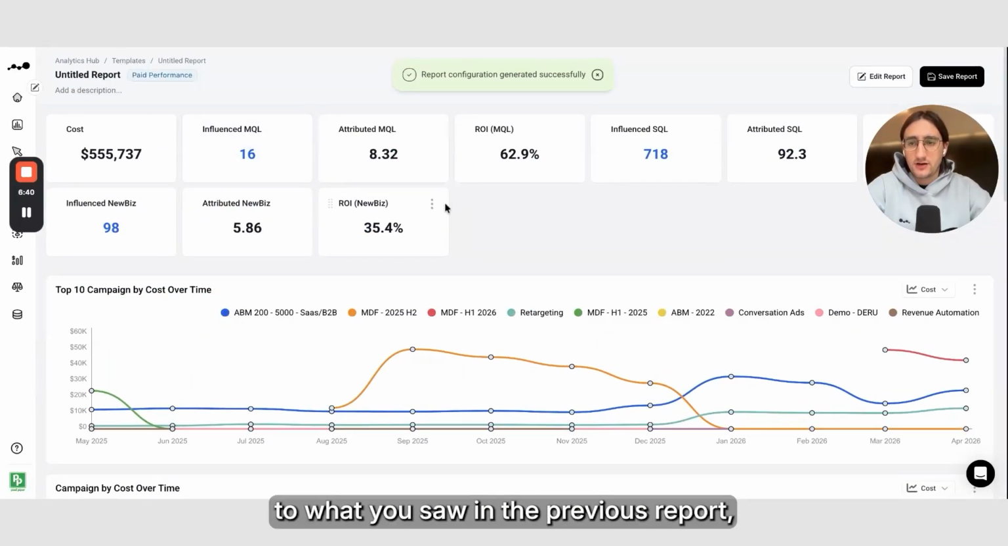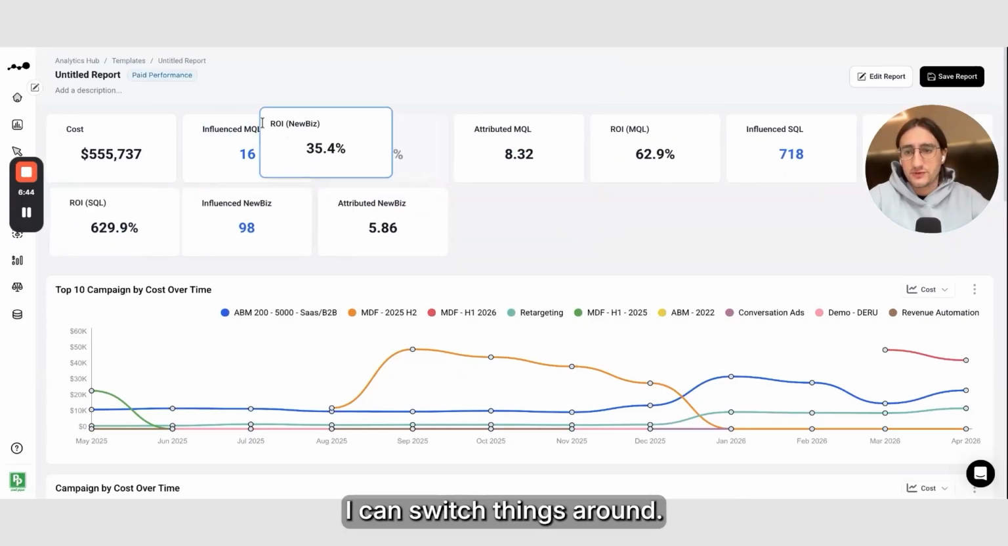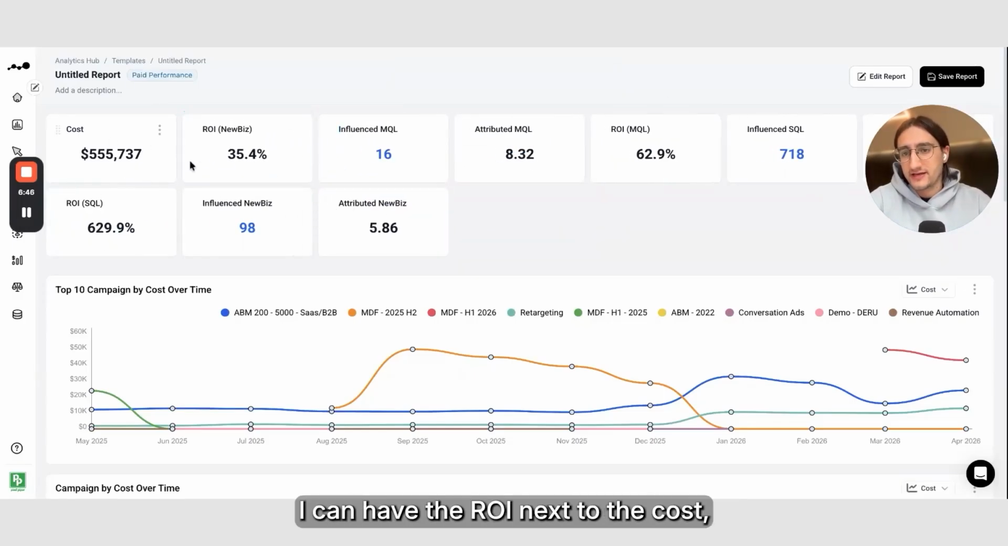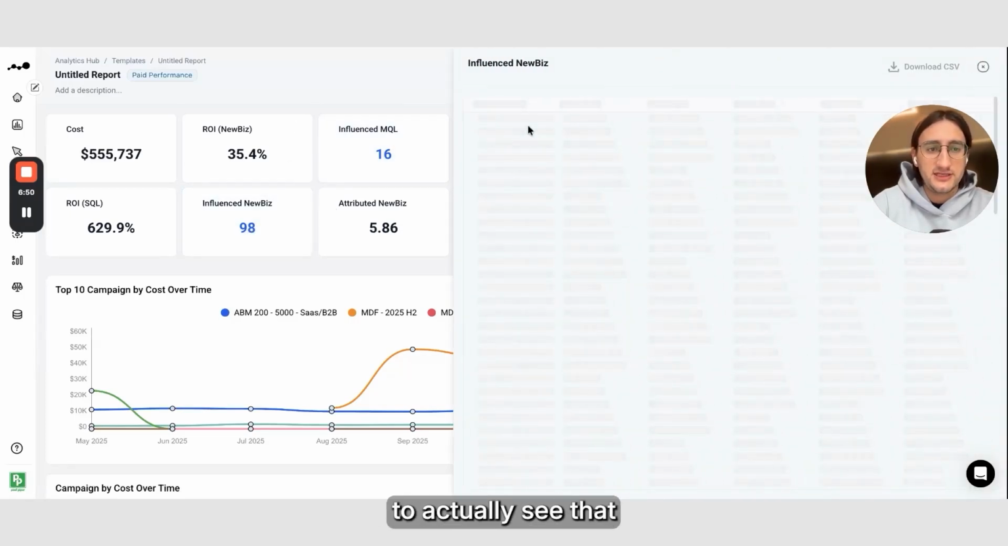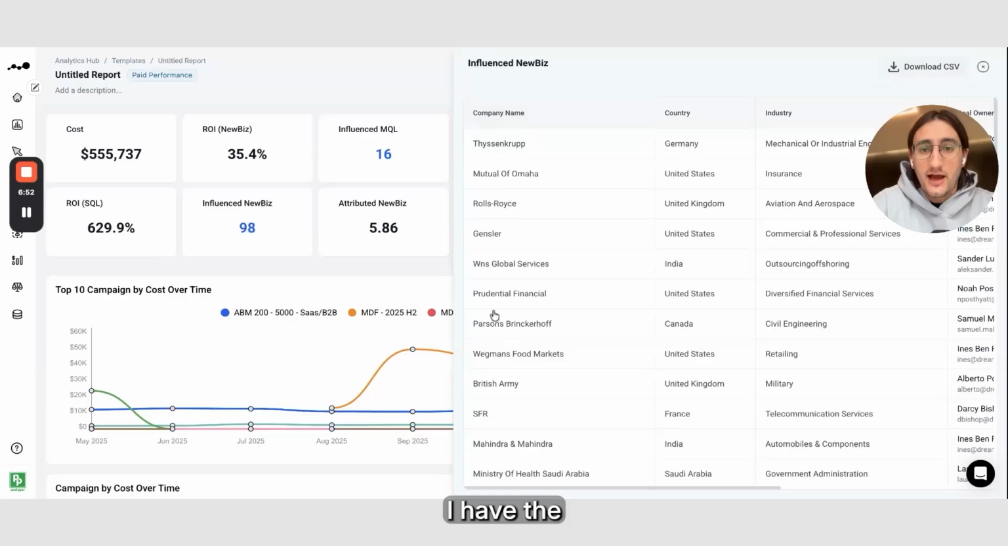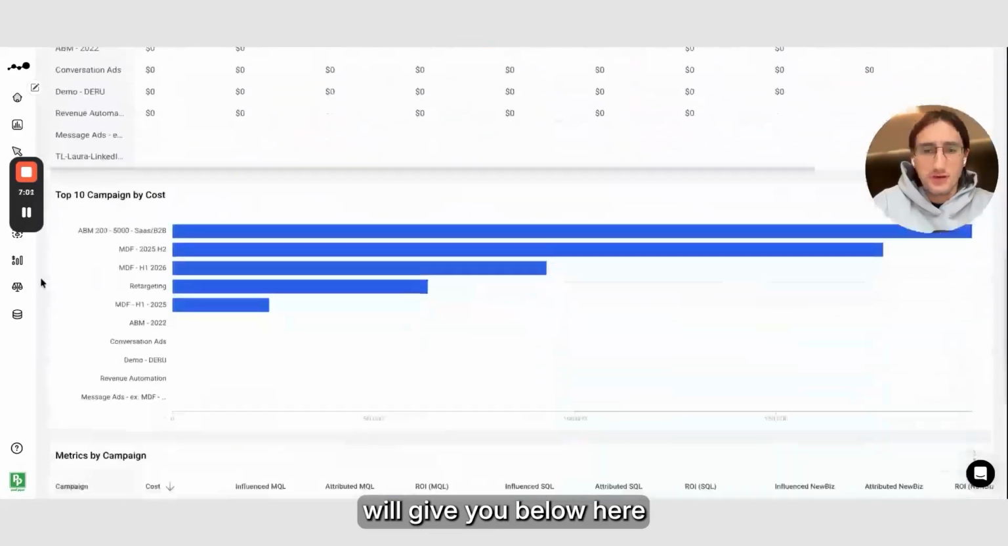And then, similar to what you saw in the previous report, I will have the top metrics here at the top. I can switch the things around. I can have the ROI next to the cost. And again, I can double click on the numbers to actually see that I have the right accounts and deals showing up in here. And then this report specifically will give you below here the top 10